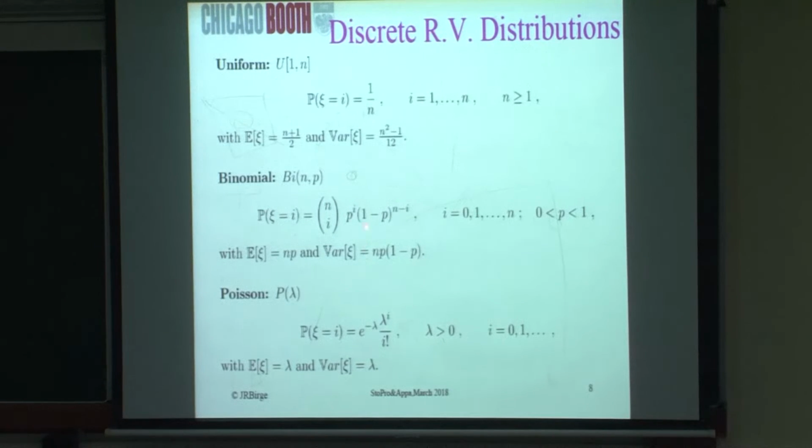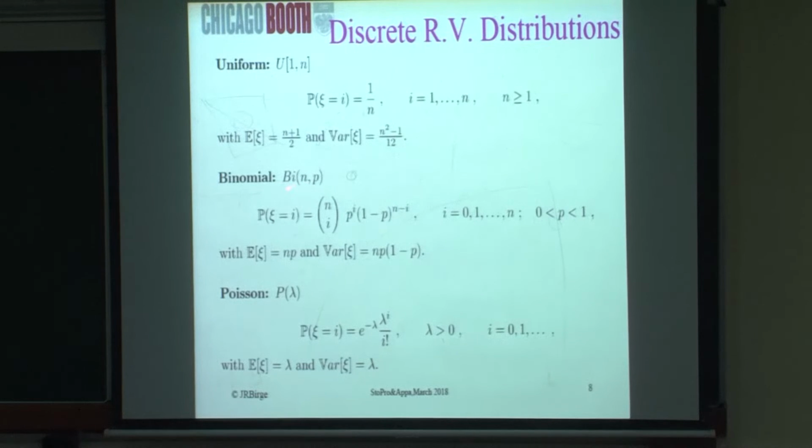So we'll take the number of ways in which we can take I out of n. And then, what is the probability of each of those? The probability of each of those is p for all the I's that were successful and 1 minus p for the ones that weren't. And that gives us the binomial. Okay, so the binomial expectation is n times p, and the variance is n times p times 1 minus p. So you can do all those calculations.